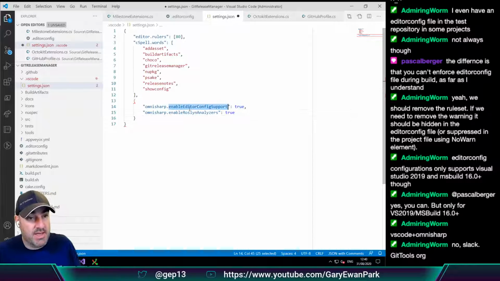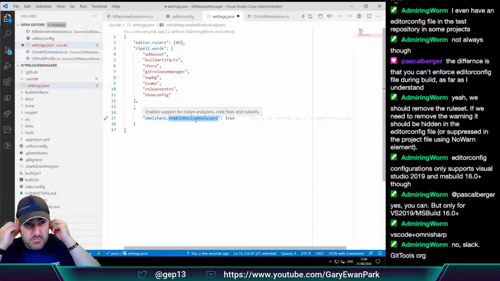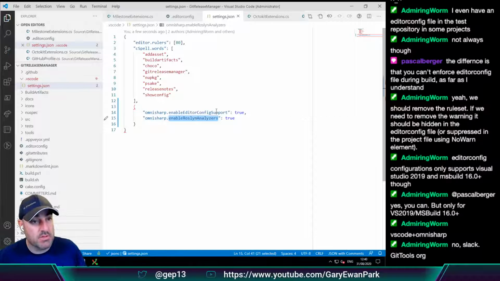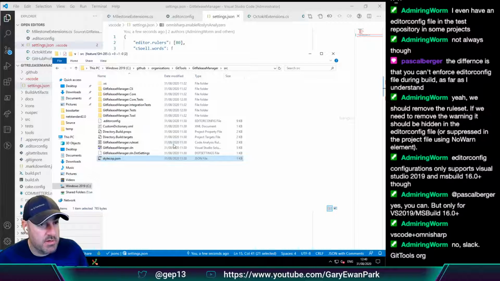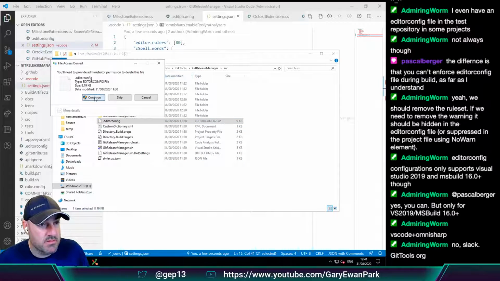So OmniSharp enable editor config support is going to be true, and enable Roslyn analyzers is going to be true as well. So we're going to save that down. Now, for the sake of my sanity, I'm going to delete that editor.config file. Continue.